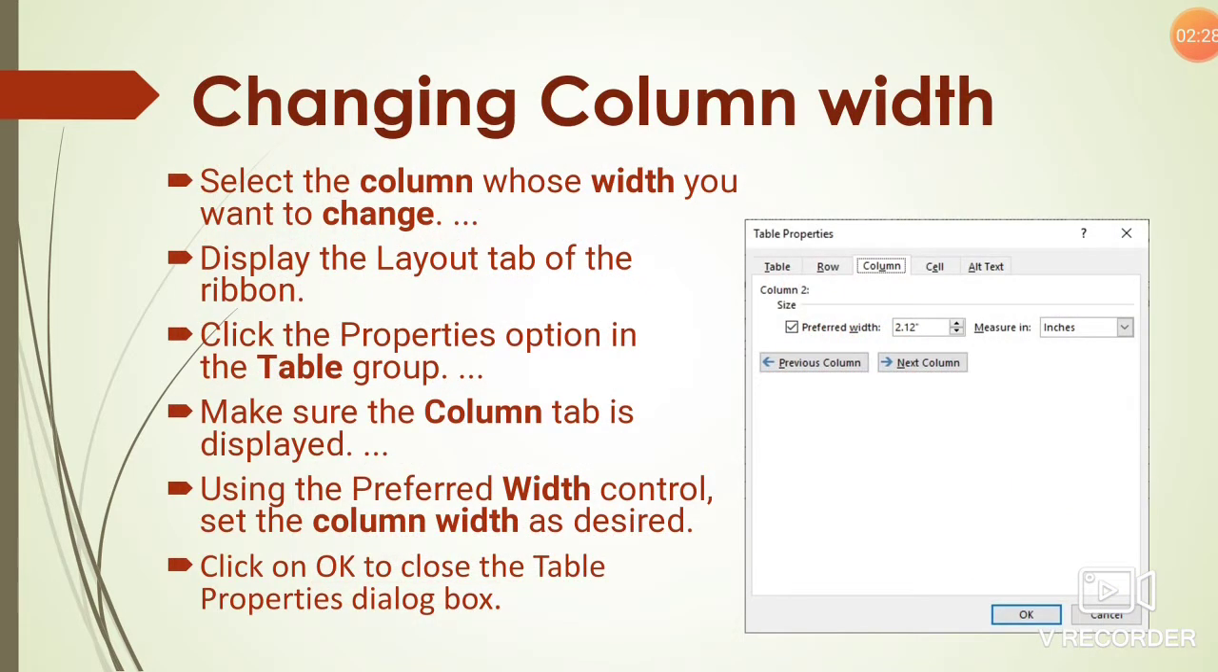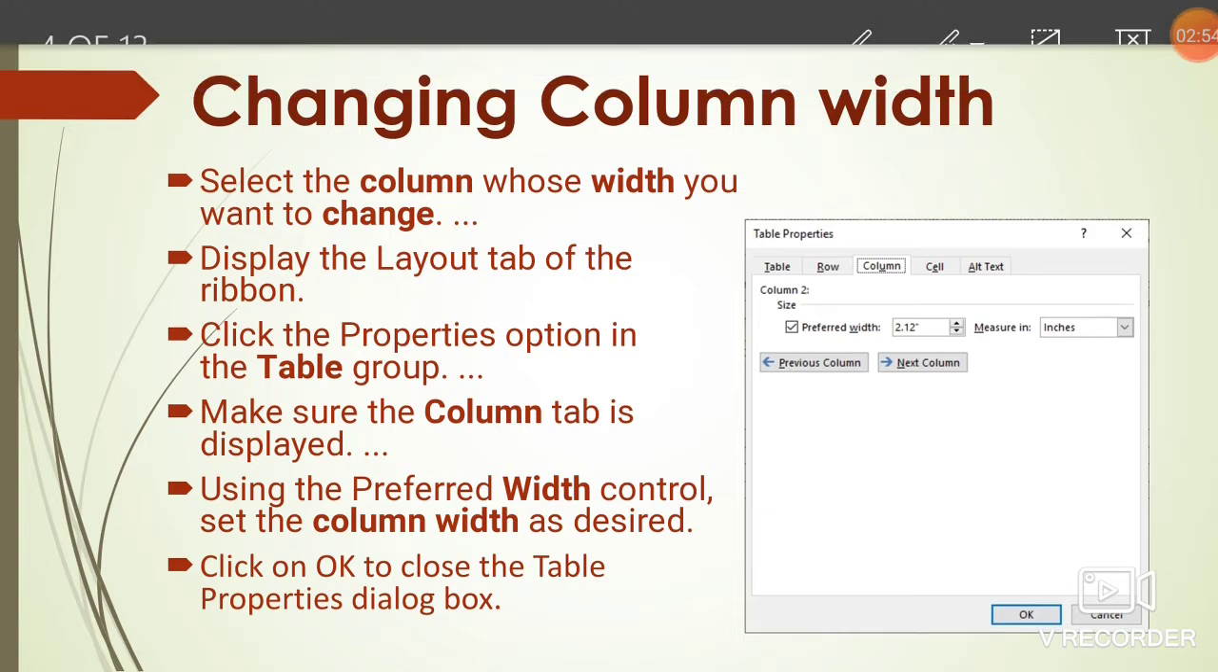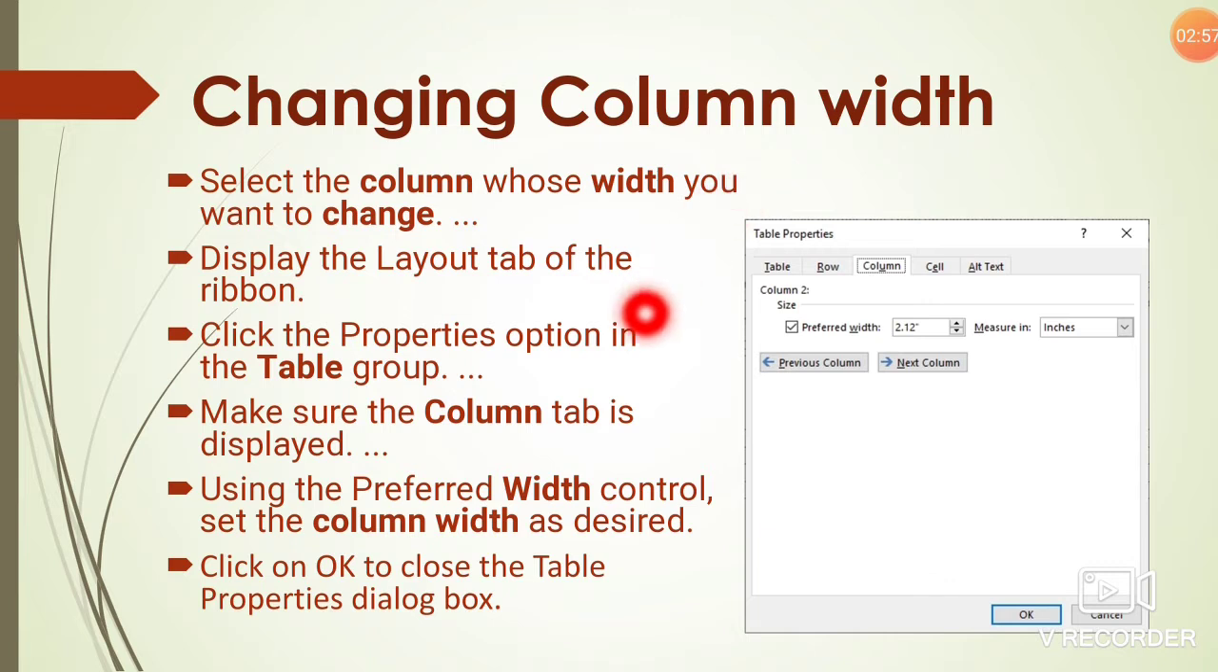Now the next heading is changing column width. Sometimes you want to change the width of your column. For this you first have to select the column whose width you want to change. Then go to the layout tab, and when you click on the layout tab the table properties option will be there. Click on that table properties option, then a table properties dialog box will open in front of you. In this dialog box the column option is there. Click on this column option, then a preferred width option is there in which some number is written,